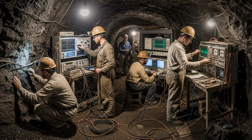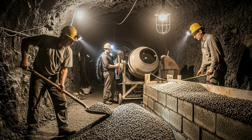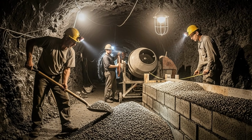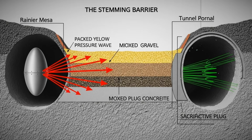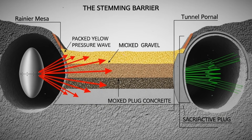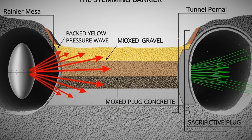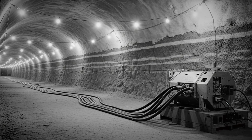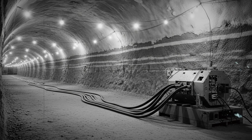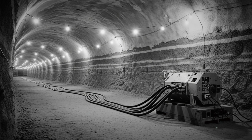within the mountain. When all preparations were complete, crews installed stemming barriers, layers of sand, gravel, and concrete, designed to seal the tunnel behind the device. These barriers acted as sacrificial shields, absorbing pressure surges and preventing radioactive gases from pushing back toward the tunnel portal. Once sealed, only remote cables connected human observers to the device, leaving the rest of the tunnel system in silent